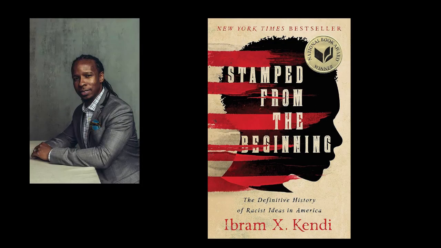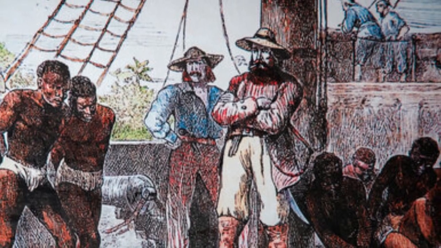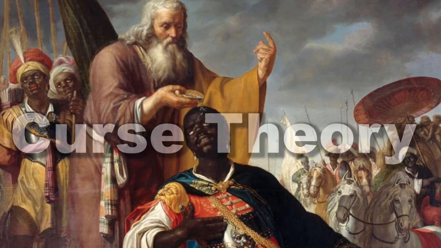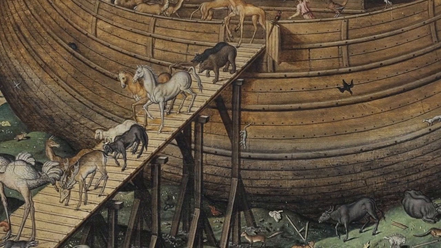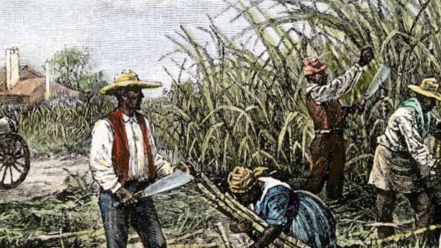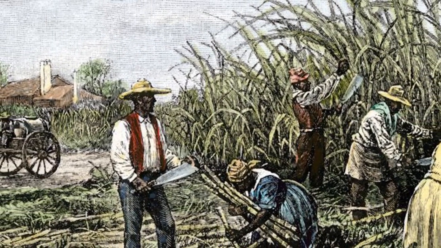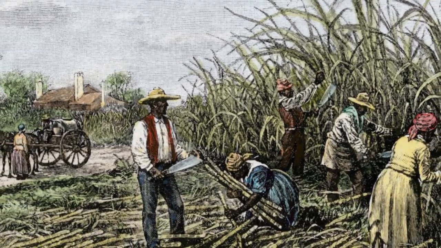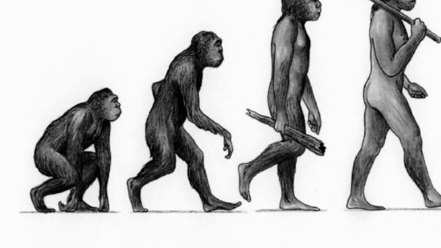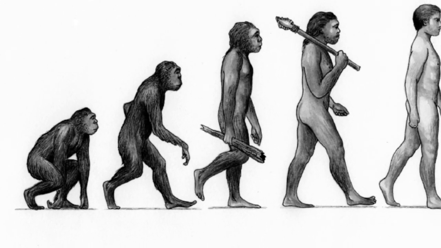Where did this ideology come from, and why were black people enslaved in the first place? According to Ibram X. Kendi, author of Stamped from the Beginning, 2 18th century ideas resulted in discrimination and the enslavement of black people. The first was curse theory, also known as the Curse of Ham, which is a theory that suggested that black skin was a curse placed by God on the descendants of Noah's son, Ham, after he saw him naked. This resulted in the idea that men are servants of God, therefore there must be a lower form of people to serve as servants of man, justifying the enslavement of black people. The second was polygenism. This theory posited that black people were less evolved than white people, an obviously unfounded theory that has no scientific basis.